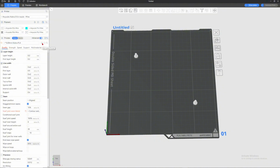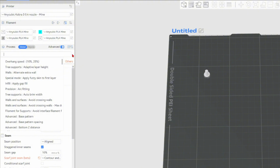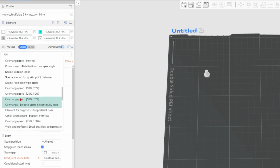And now if you want to save, you can click the save current process here, save this, add a name, and then save it. If you want to remove a preset, you can just click this minus right here and it will remove it for you. If you are looking for options that you can't find, you can just search it here. So we're just gonna do it as speed, and everything with SPE is gonna show up, and you can just